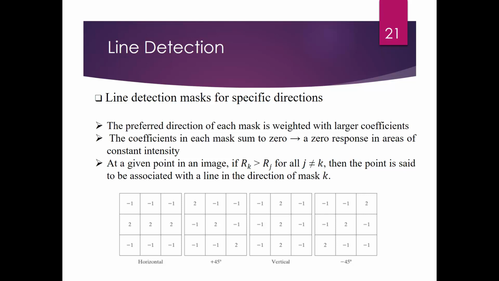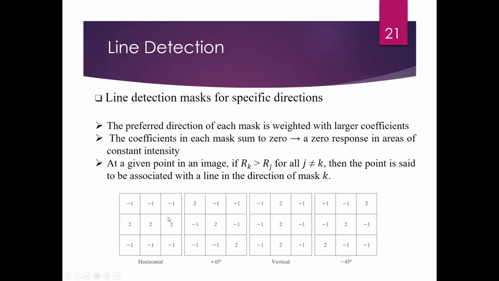Suppose that an image with a constant background and containing various lines oriented at 0 degrees, plus or minus 45 degrees and 90 degrees is going to be filtered. So we are going to use a horizontal mask to get line edges which are in a horizontal direction. The maximum response would occur at an image location in which a horizontal line passes through the middle row